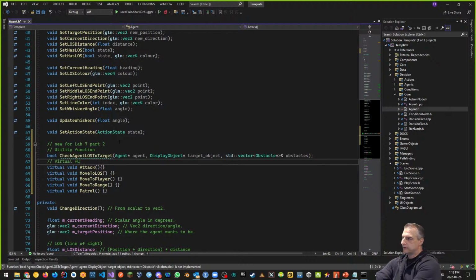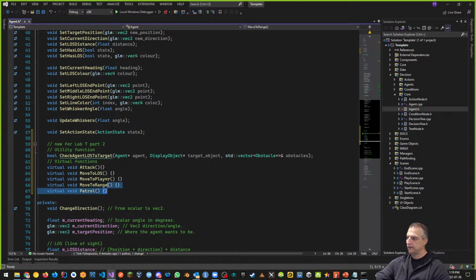When we inherit from our agent.h, the virtual functions mean that all of the game objects that inherit from agent also have these virtual functions in their life cycle, which means I can define these specific actions for every